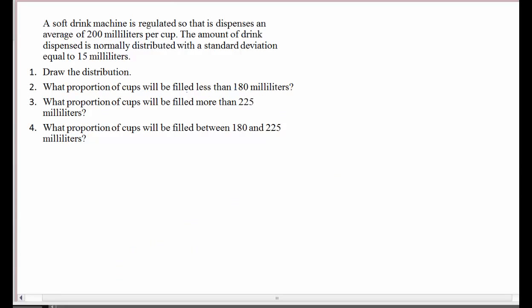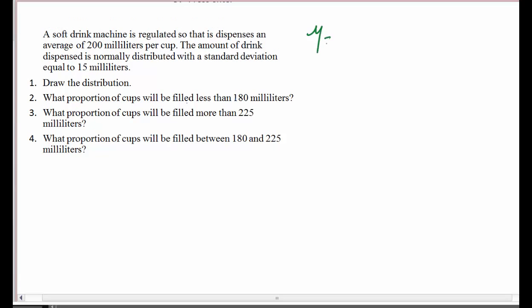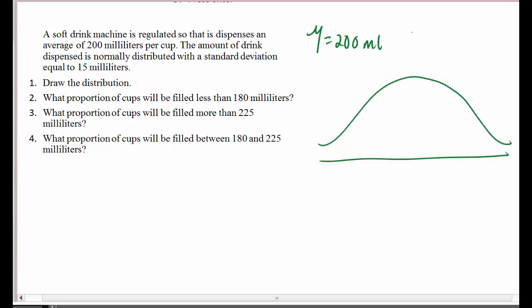In this example, I want to show you guys how you can solve this problem using the z-table. A soft drink machine is regulated so that it dispenses an average of 200 milliliters per cup, and the amount of drink dispensed is normally distributed, so we have a normal distribution with a standard deviation equal to 15 milliliters. So if we draw the distribution, we know it's bell-shaped with a center at 200,